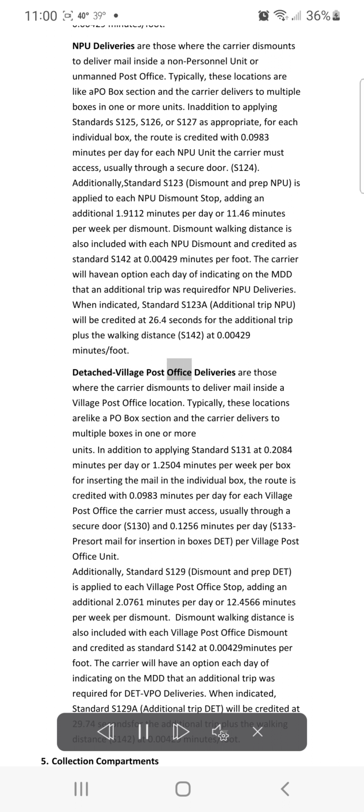Detached village post office deliveries are those where the carrier dismounts to deliver mail inside a village post office location. Typically, these locations are like a PO box section and the carrier delivers to multiple boxes in one or more units. In addition to applying standard S131 at 0.2084 minutes per day or 1.2504 minutes per week per box for inserting the mail in the individual box, the route is credited with 0.0983 minutes per day for each village post